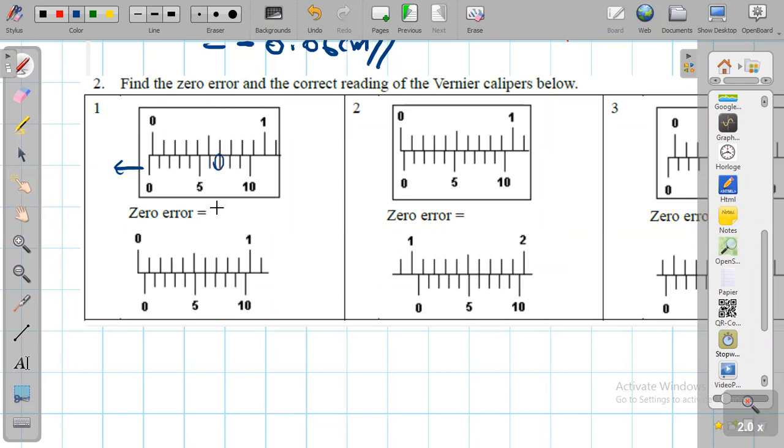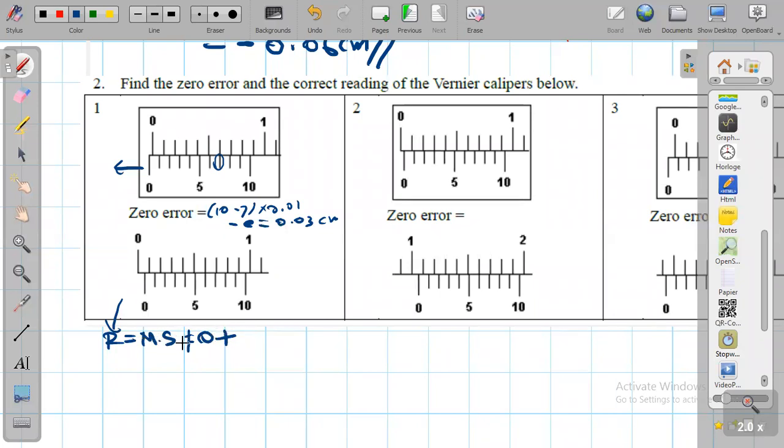So in the negative one, you should know that 10 minus 7 times 0.01. So it's like 0.03 centimeter as a negative error. Right. You may get a reading here. According to this reading, how to get the reading? Main scale reading is 0